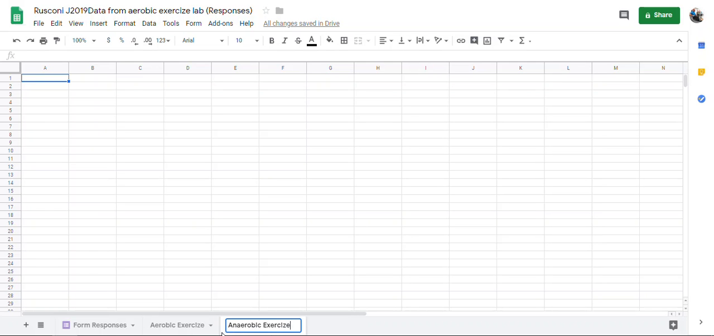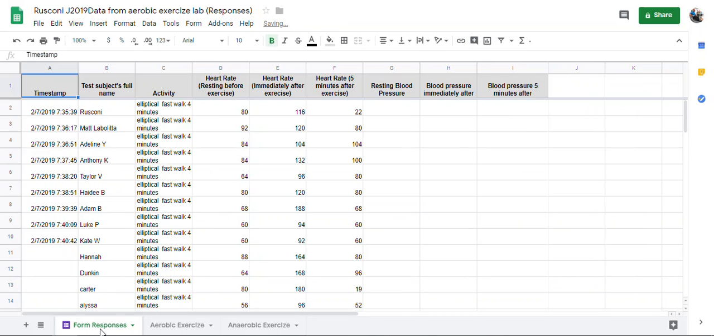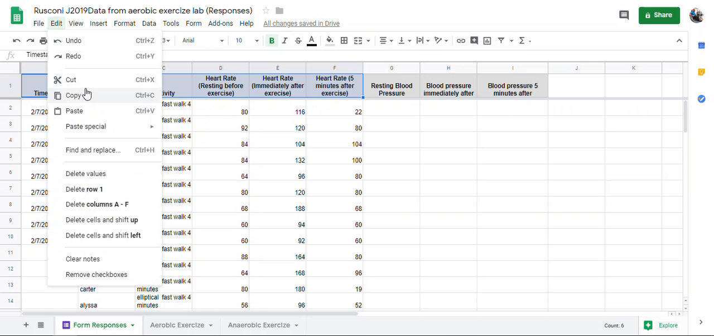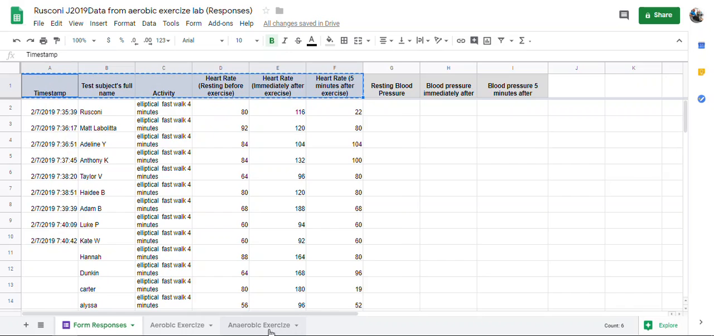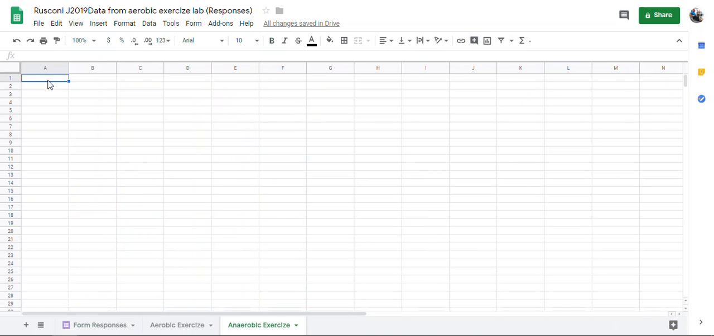And then what we're going to do here is bring the data over. Now we have to do something a little different here because the nice titles that we had before are not there. So I'm going to grab this whole row, all the way up to heart rate. I'm going to press Control C or Edit, Copy. I'm going to go to Anaerobic Exercise, click in this first column, Edit, Paste,